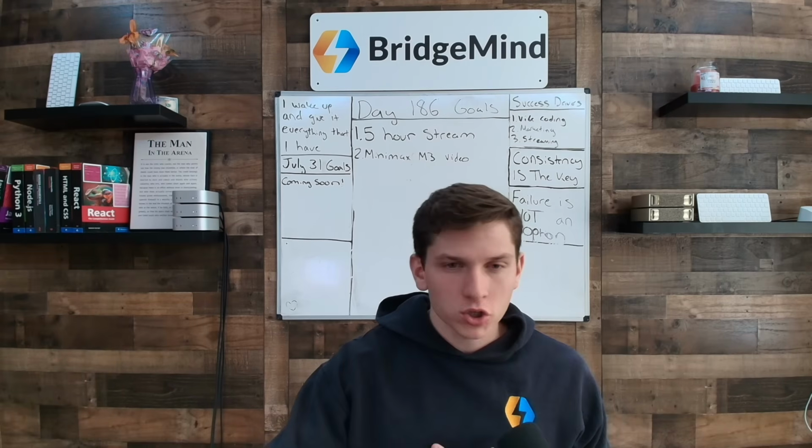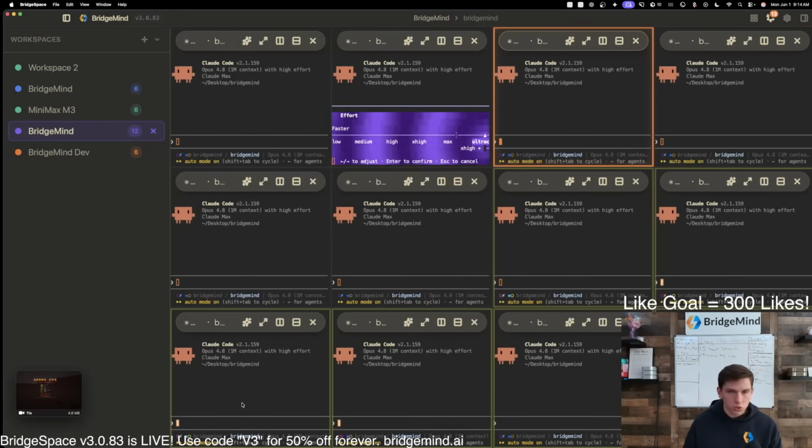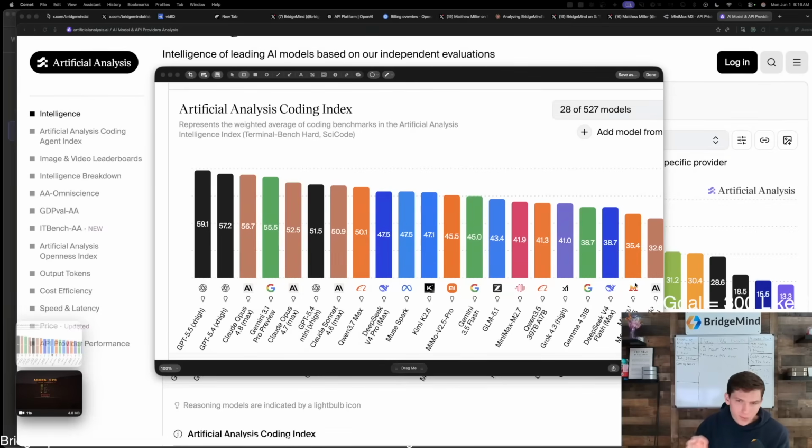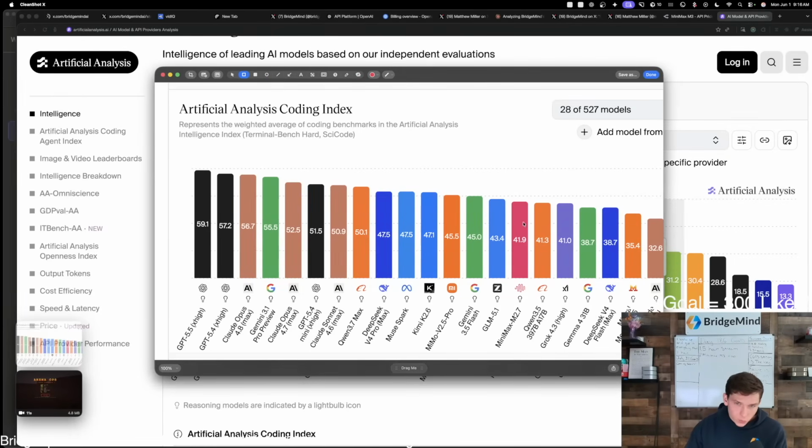But I have a hard time with this because I do use Claude Opus 4.8. Once you have a Claude Max plan, you pretty much have unlimited use unless you're launching like Ultra Code with a bunch of sub-agents to the best frontier model in the world. GPT 5.5 is good as well. I use GPT 5.5. MINIMAX M3 is not yet in artificial analysis, but if you look at MINIMAX M2.7, which is right here,